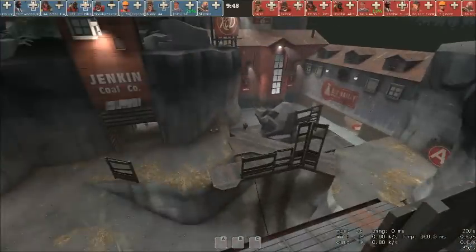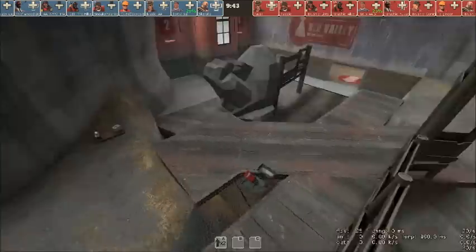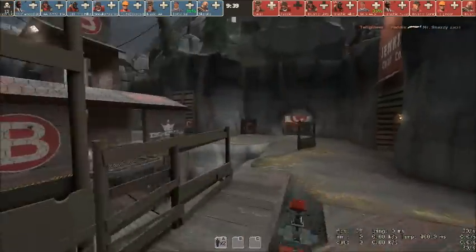Both teams splitting up again, only sending an engineer and a spy to middle. Interesting choice, actually. His sentry gun position is kind of useless, but kind of cool to have that sentry gun set up and